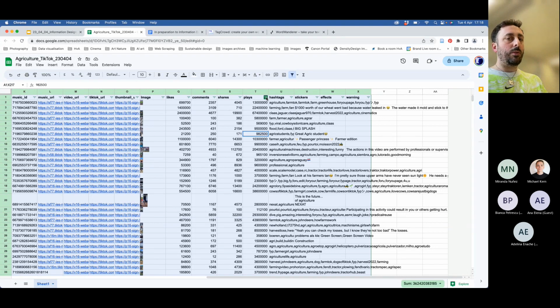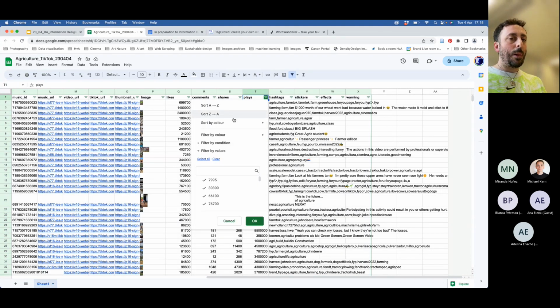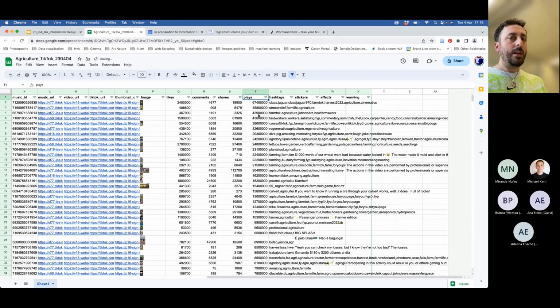For example, you just want to say, okay, I just want to sort videos by number of plays, so that videos with more plays are on the top, and I will start analyzing that. And when you already have a data set with 300 to 500 videos, this is crucial, especially when you want to do visualization. So you need to sample, to take part of your data set and focus on that for your analysis. I'm not asking you to watch 500 videos of TikTok, even if it's addictive, but this is